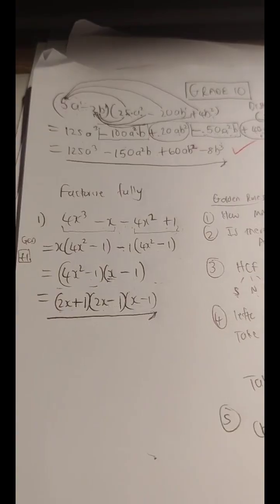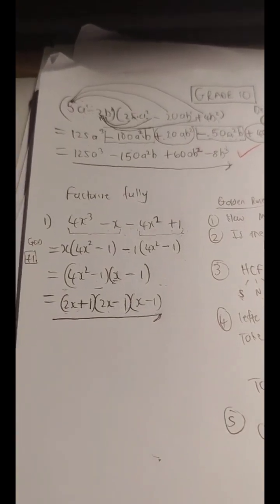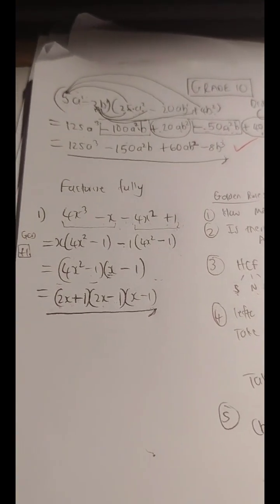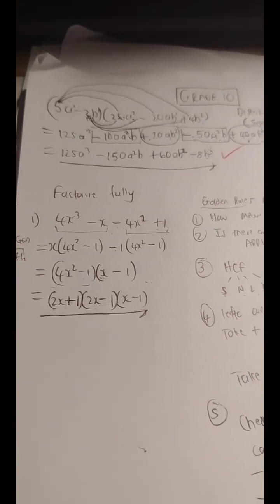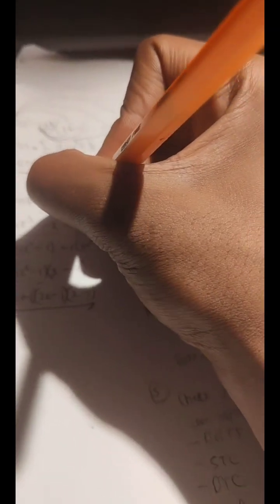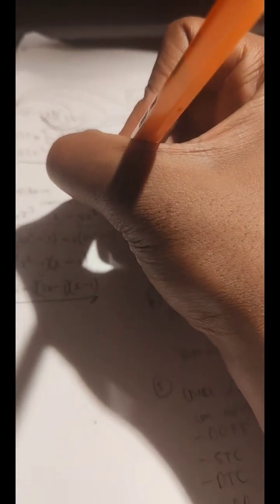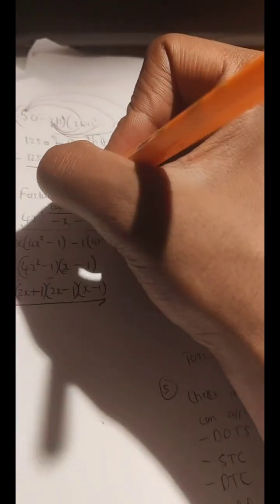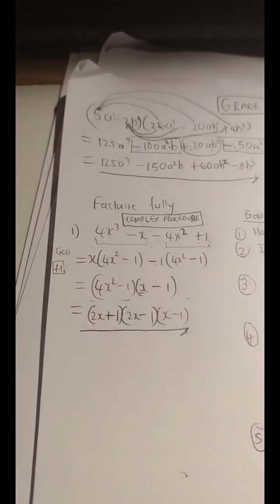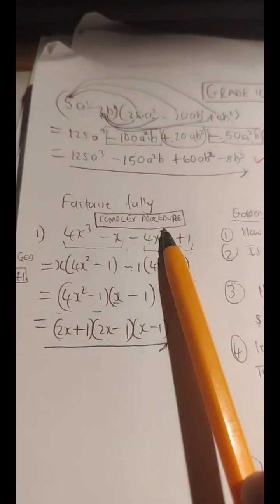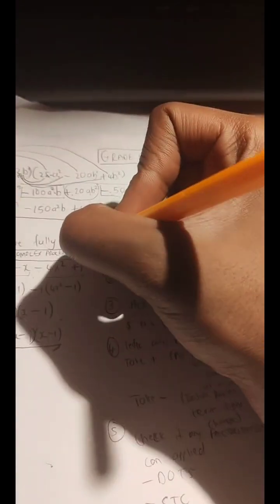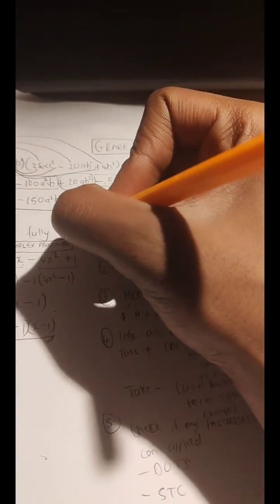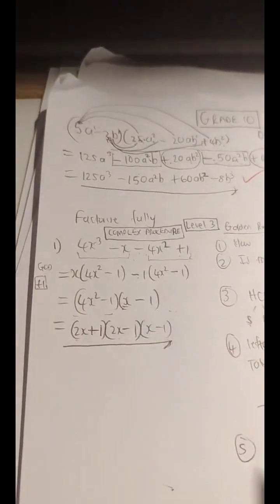This, guys, is a 3-in-1 factorization, if you want to call it that, 2-in-1 if you want to call it that. And this basically is a type of factorization that we call complex procedure, level 3 questions. Factorization can be basic, but if we add another level of difficulty, we enter into the complex procedure type questions. We call these level 3 questions because they have a complex procedure.